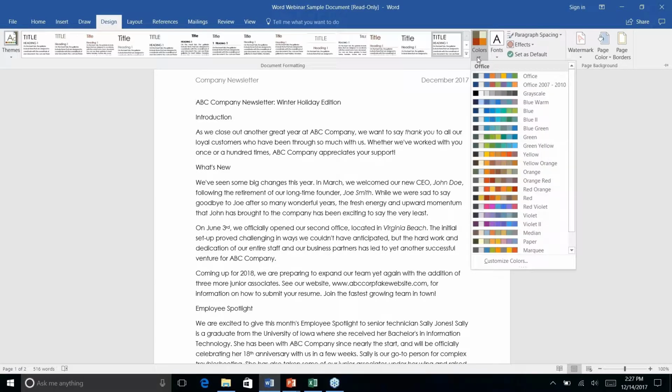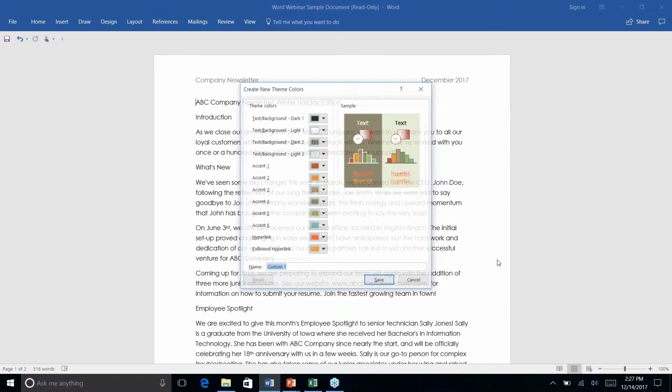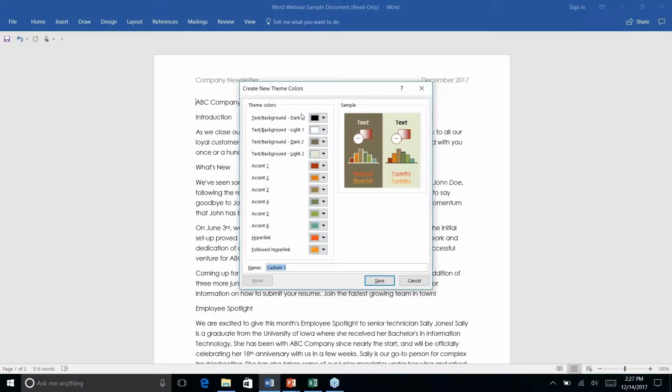Once you find one that you like, then you can go through and change the color scheme here for, again, the entire document. You can pick one of the ones that comes already pre-populated by Microsoft, or if you don't see one that you like, you can customize the colors yourself. So in this customization option, it even gives you a nice little preview of what your page is going to look like. It gives you options for a dark theme, options for a light theme, so you can see how it might look,